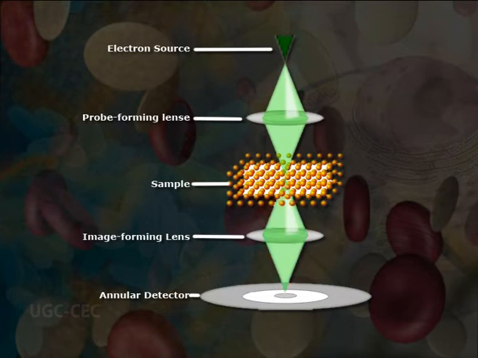Interactions between the beam electrons and sample atoms generate a serial signal stream, which is correlated with beam position to build a virtual image. Its primary advantage over conventional SEM imaging is the improvement in spatial resolution, which results from eliminating the electron scattering that occurs in the bulk specimen.